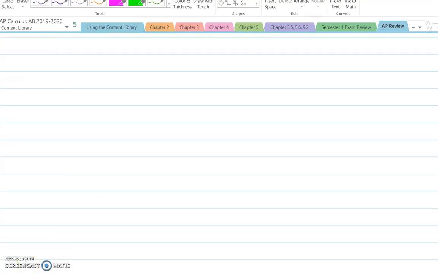Find the time for which the amount of grass clippings in the bin is equal to the average amount of grass clippings in the bin over the interval 0 to 30. So the function is A of t, and we need to figure out when the amount at time t is equal to the average amount. And the average amount